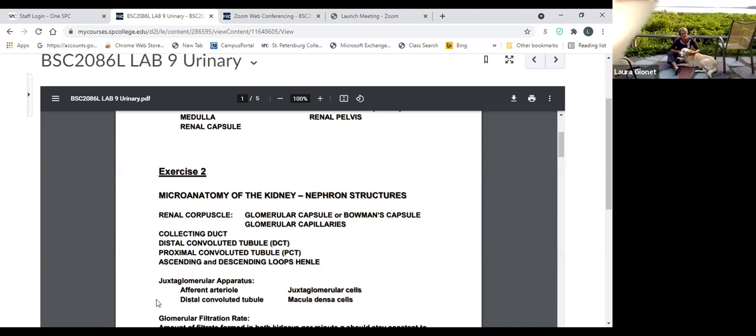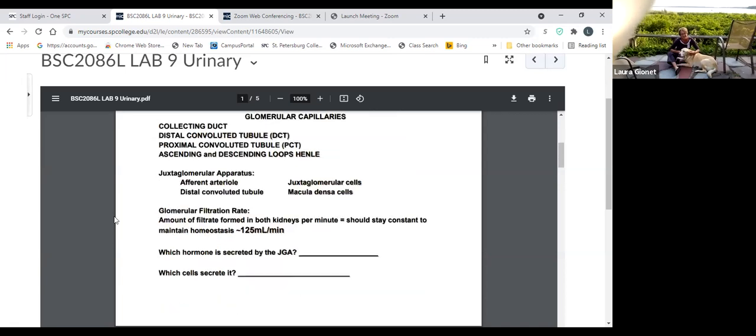I also want you to be aware of and identify the juxtaglomerular apparatus, the afferent arteriole that contains the juxtaglomerular cells, and the distal convoluted tubule that contains the macula densa cells. So together, the juxtaglomerular apparatus is where the afferent arteriole and the distal convoluted tubule touch each other, and where we're monitoring glomerular filtration rate. Glomerular filtration rate is the amount of filtrate formed in both kidneys per minute, and it should stay constant to maintain homeostasis at about